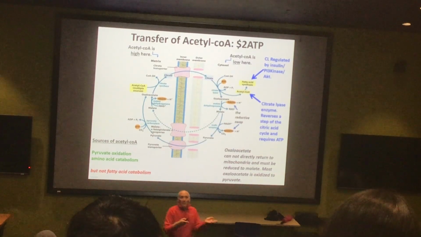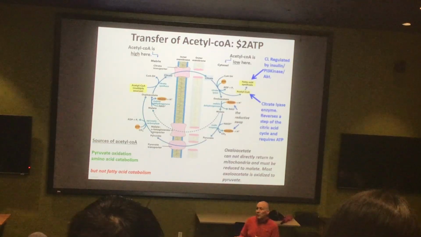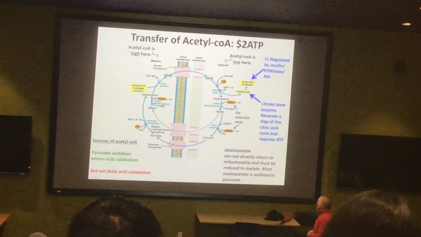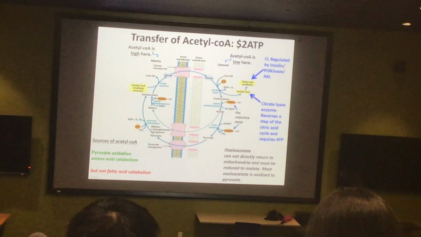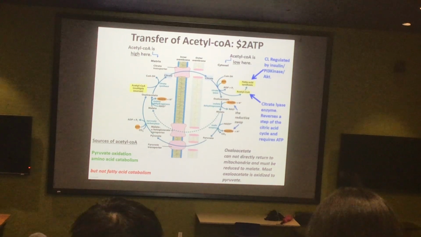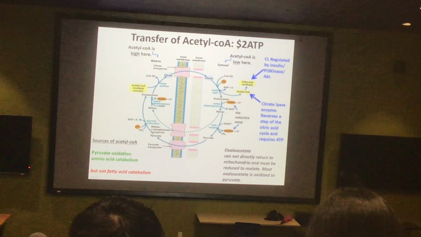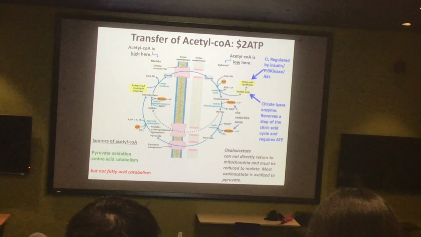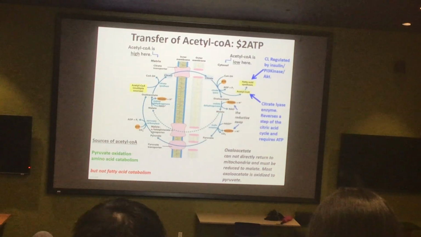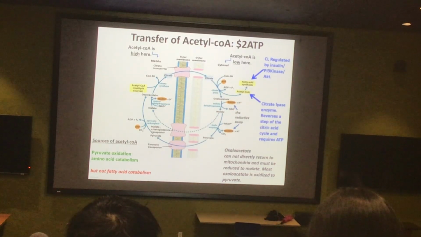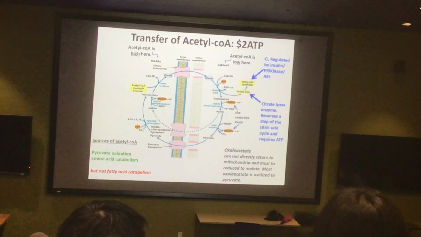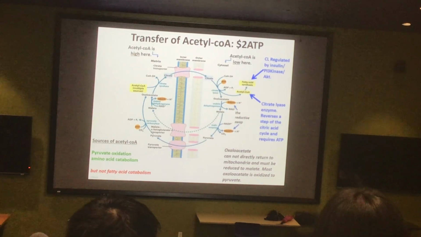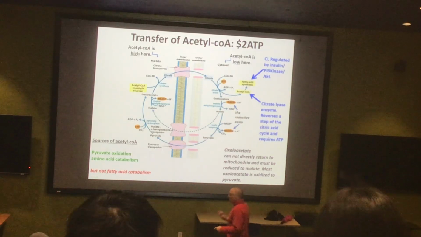Well, we've already seen that malate can go back and forth either way. So one option that we actually have would be to send the oxaloacetate back in the form of malate, send a pair of electrons onto the oxaloacetate, reduce it, that converts it into malate. And we already know that there's this malate alpha-ketoglutarate transporter. We have seen that so many times in different lectures. We could send the malate back. But there's a reason why we're not going to do that. We're going to do something else.